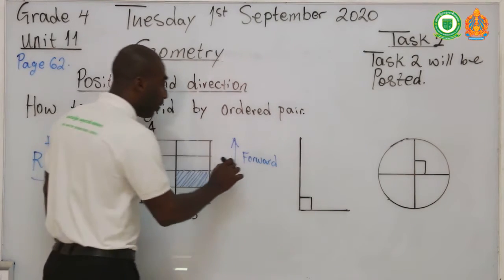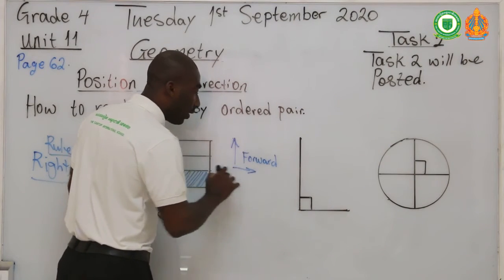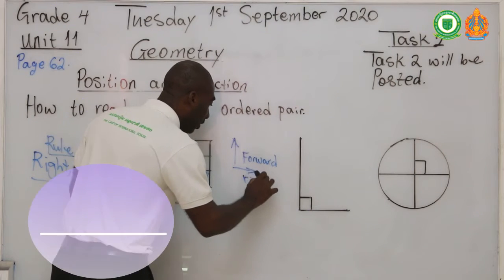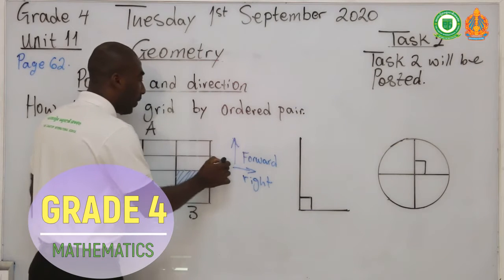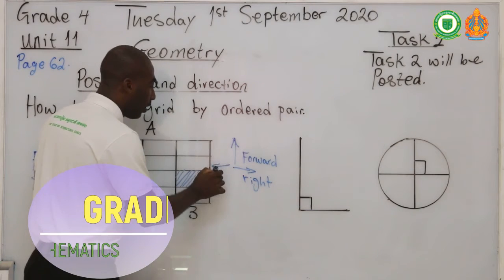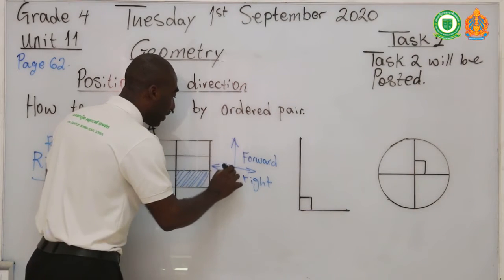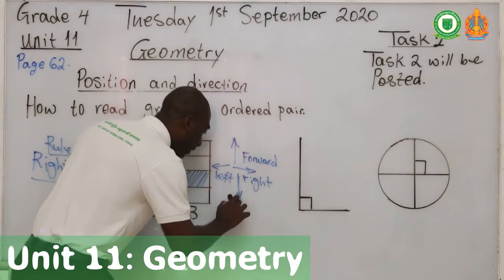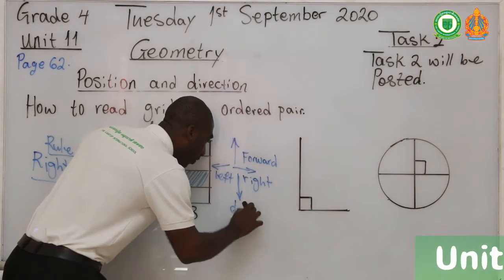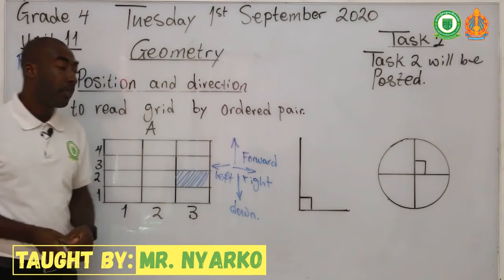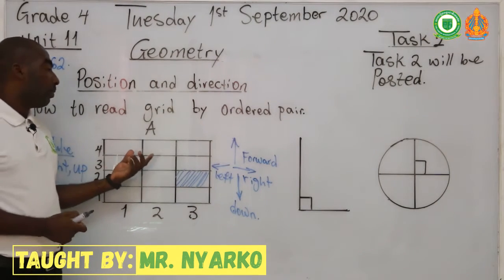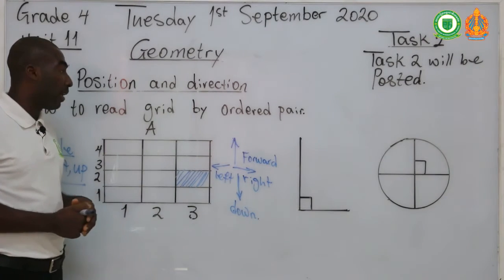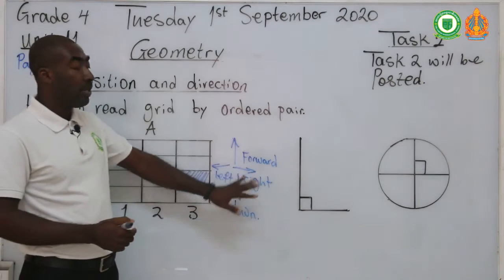And then when you are also going this way, it means that you are going right. And then when you are going this way, you know you are going left direction. And when your angle turns here, it means you are going down. So in solving any question that involves moving on your grid, this is the language that we'll